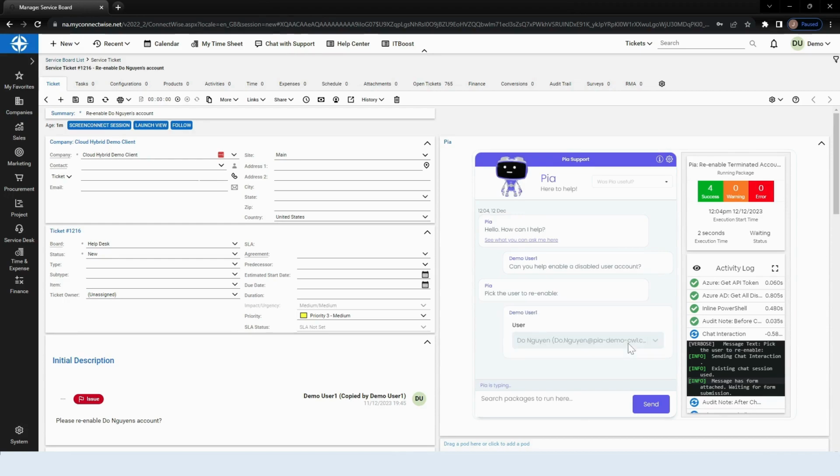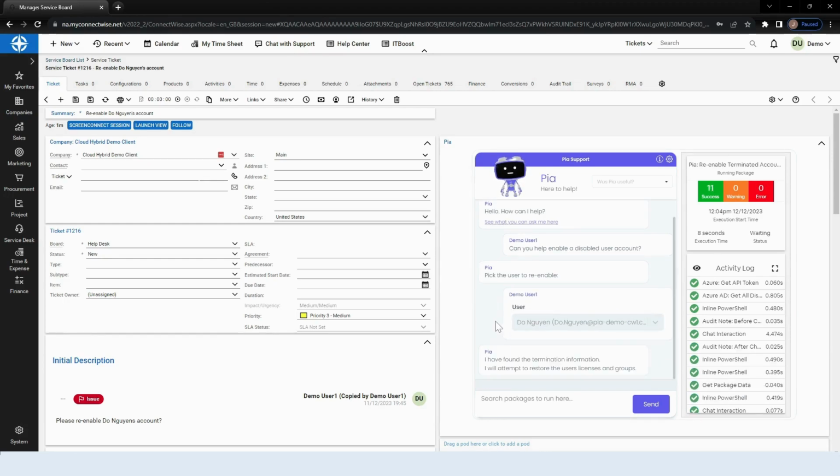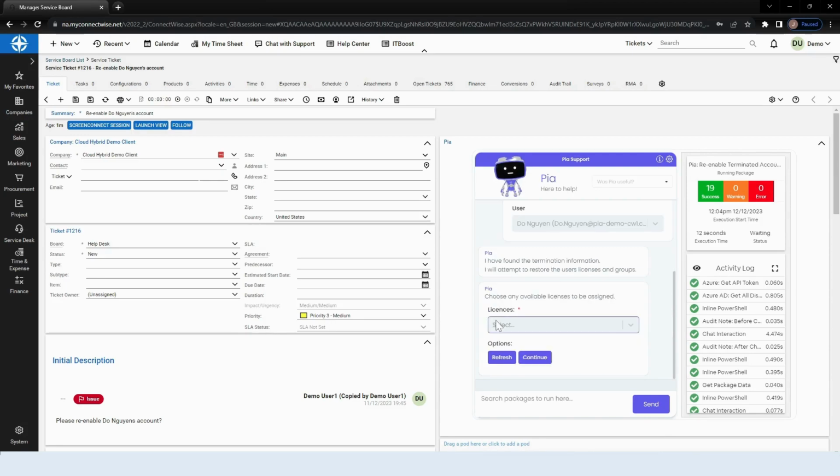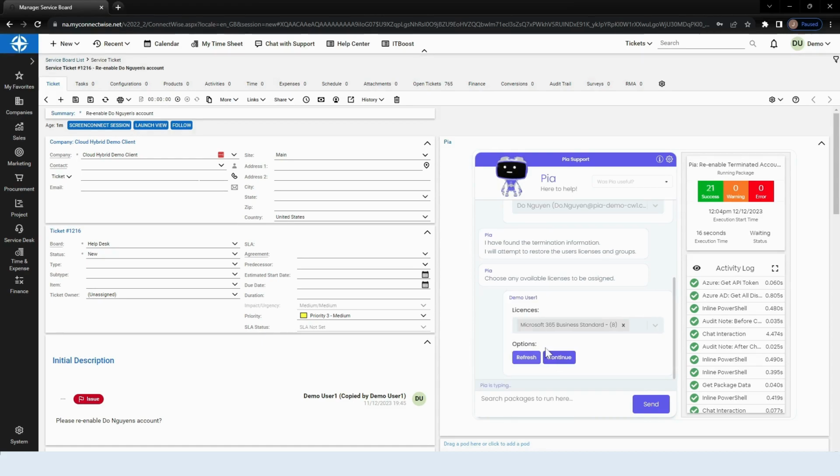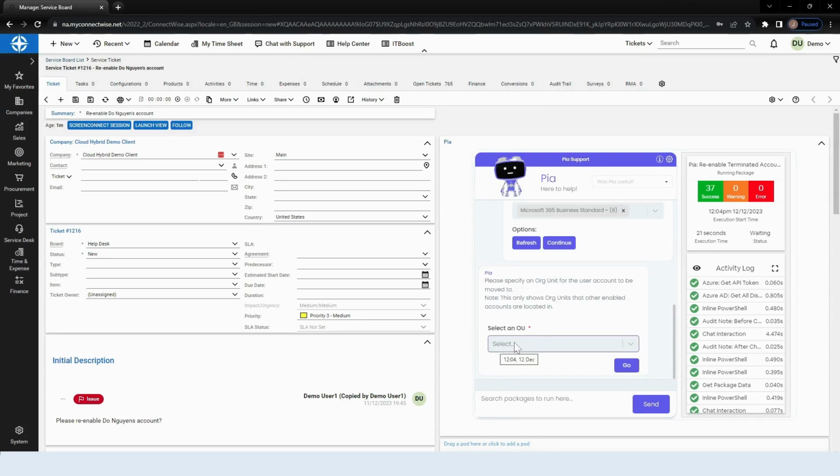The beauty about terminating users with PIA is that we store that package data, so we see here that PIA has actually found the termination information. We can now select our environments. We can then restore the groups, and if there were any licenses assigned, we can restore all those details. We then select the new org unit for that user to be placed into,